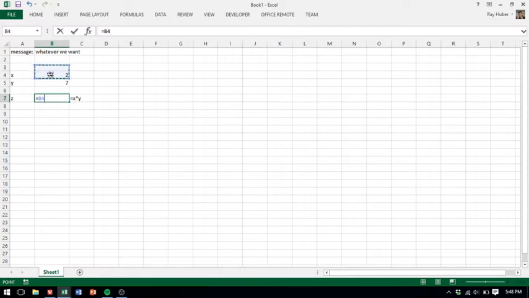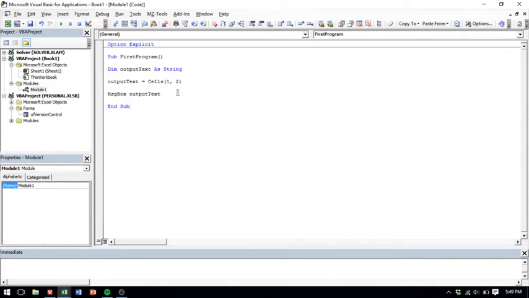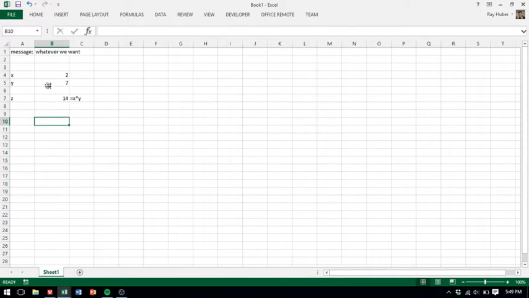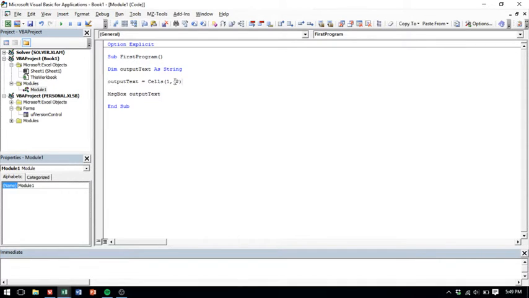So, you know, if you're going through and using cell formulas, you go like that. Pretty easy. You'd obviously know how to do that. So instead, we're going to do that within VBA. And what we're going to do is output it to the message box rather than using these things here. So what we're going to do is, instead of using the string, we're actually going to make a